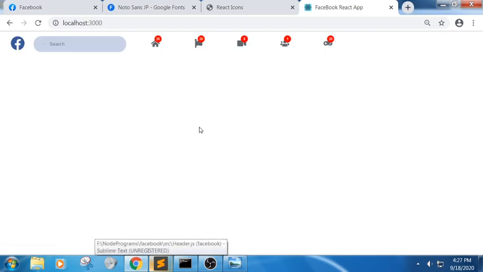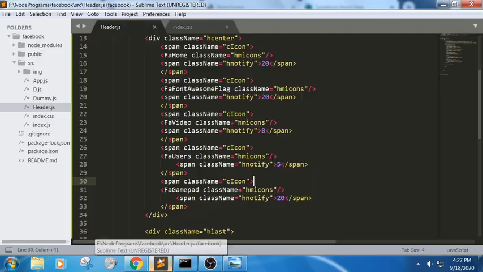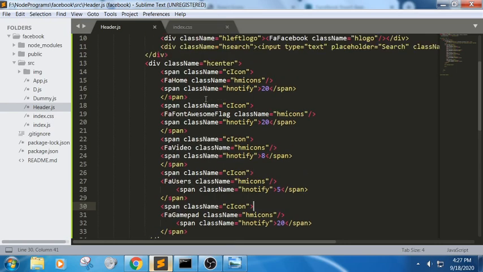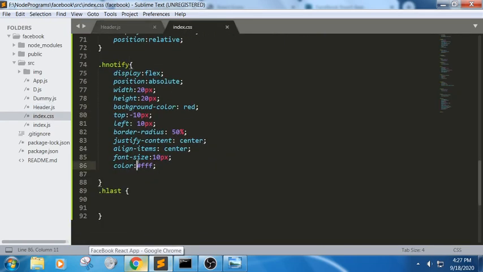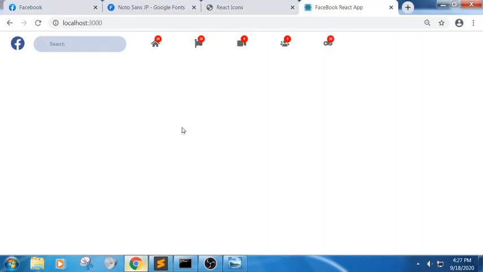Okay, yes, we got it. See, the thing is, we were trying to overlap, it was overlapping on each of the other elements. So based upon the CSS, we have done this. Now in the same way, first one we have done a logo part, next one is the search input field. For this we have taken a class name, height, width, border radius, and all this. In a similar way we have taken display flex, space between, padding, and for these notifications we have taken this